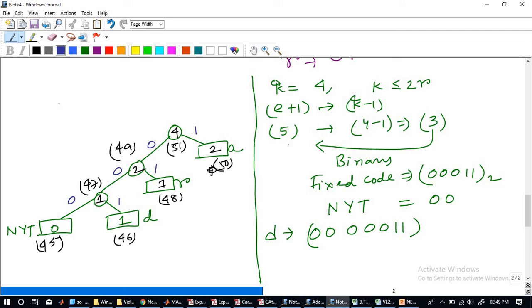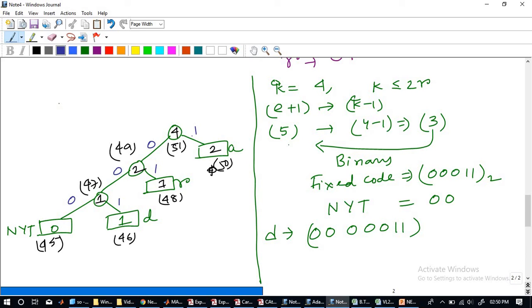Do me a favor, do it for V. Let's see whether you have understood it. What happens when V appears? Go step by step, don't jump into the condition. First check what K is, whether it satisfies the condition. If it satisfies, first we jump forward.